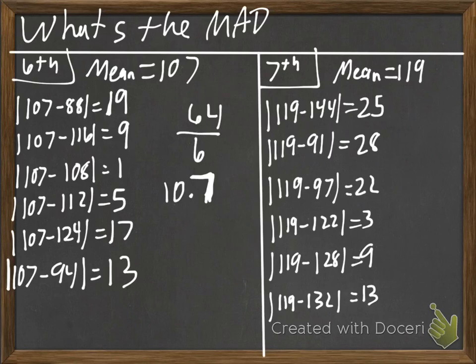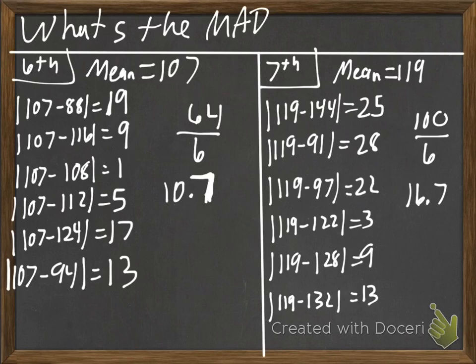We add all those up and divide it by 6. We get 100, which is $16.7. So we can see here that while the mean was greater, so it looks like on average the 7th